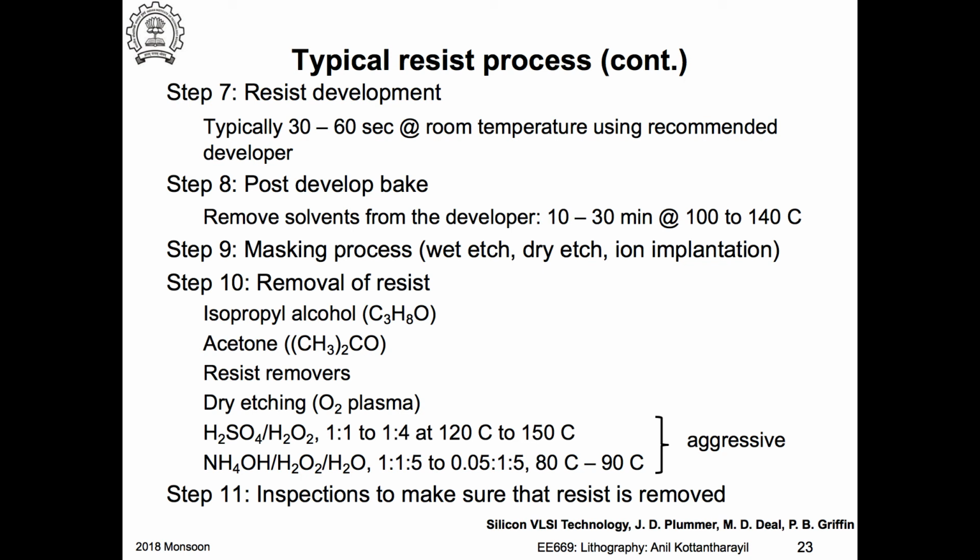Ion implantation, again, you are bombarding the surface with high energy ions, so that may lead to some polymerization reactions, or maybe the elements that you use for creating these ions react with the photoresist, and then you get some products which are difficult to remove using the organic removers. So then you may have to resort to this kind of very aggressive wet chemical processes, and